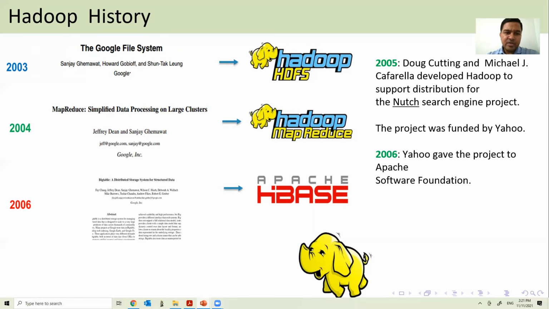And then MapReduce came, that is also by Google. We will know what MapReduce is next lecture. Taking inspiration from Google's work on the distributed file system and also the MapReduce architecture, two persons, Doug Cutting and Michael Cafarella, developed the Hadoop system. And this project was actually funded by Yahoo.